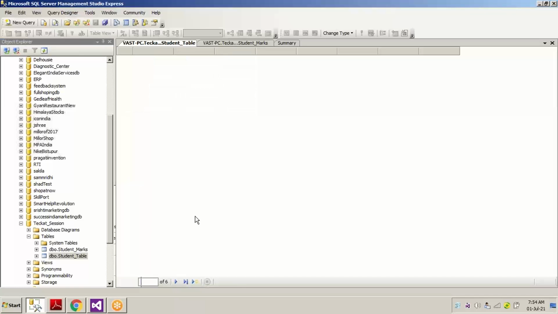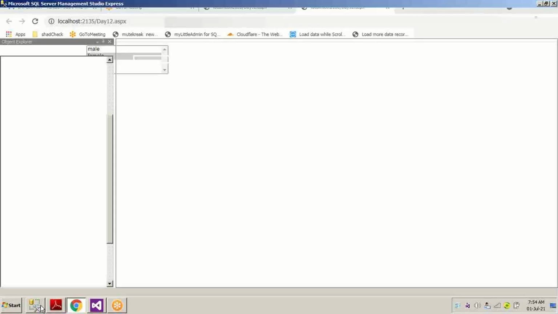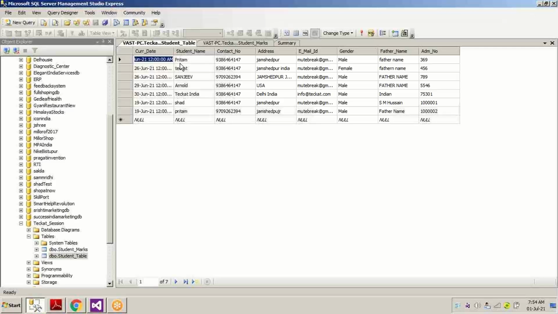So you can see in this particular student table, we have several student names. Don't you think if we require this entire field of student name to get loaded inside our drop down list, we can connect this drop down list control with this particular field of the table?